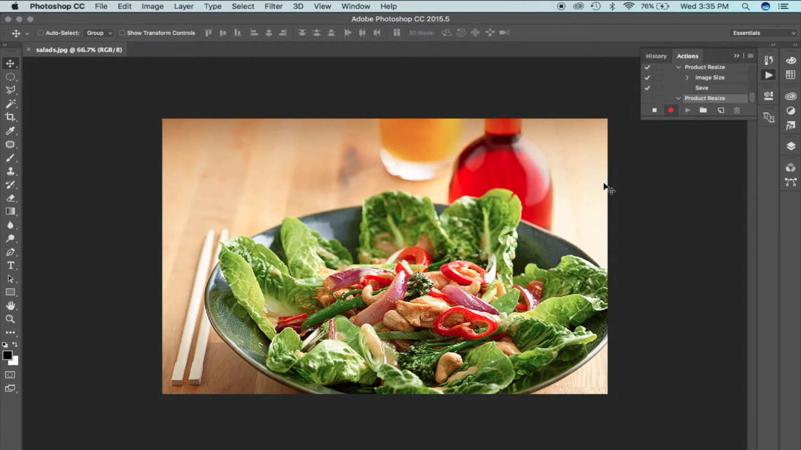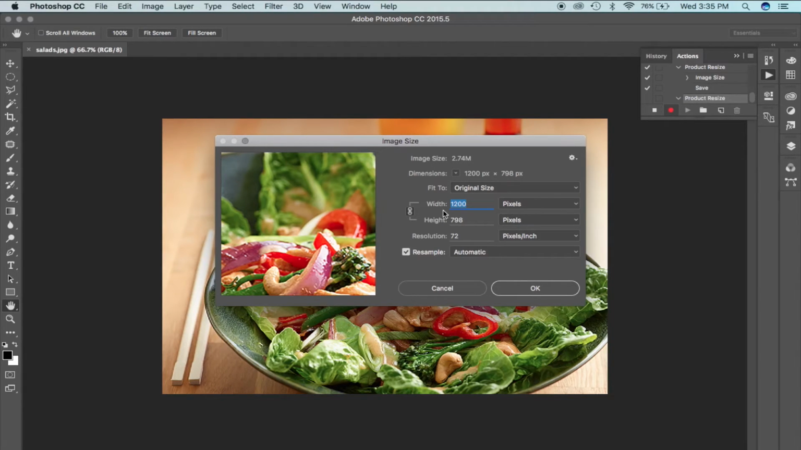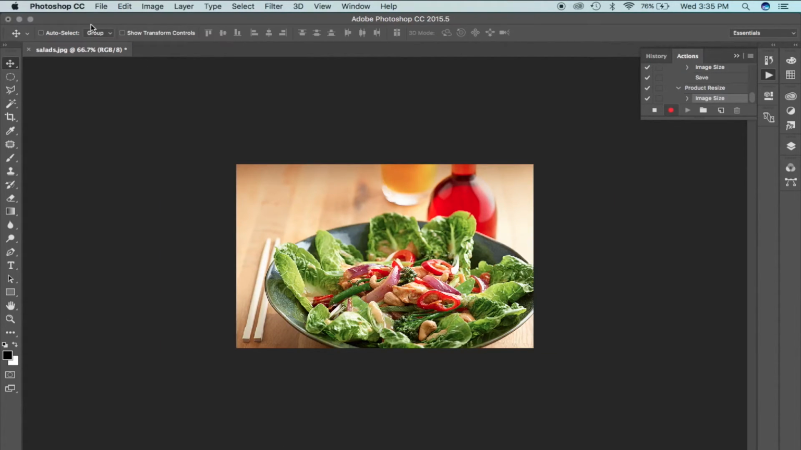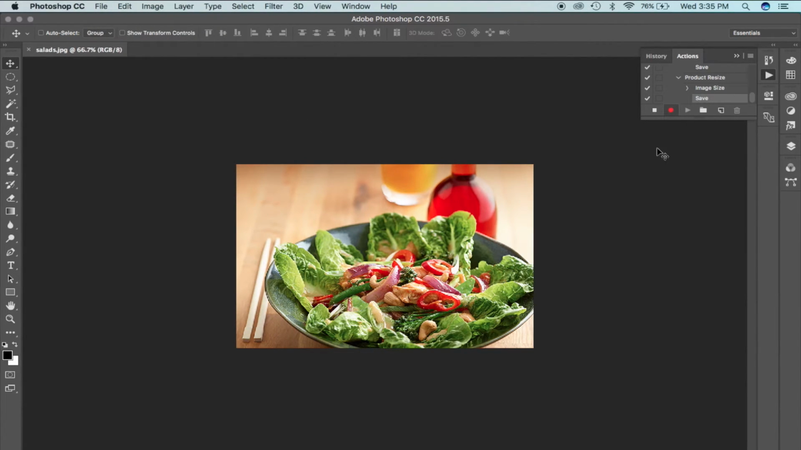So now what it's doing here is it's recording all of my actions. So as I resize this image, Photoshop will remember that action and apply it to all of my other photos. Again, I'm going to go up to that image size. Again, I'm going to do 800, and it's going to give me 532 proportionally. So I'm going to click OK. And then I'm going to go up and save this image. Okay, so then I'm going to go ahead and click on this little stop icon, and that saved that process